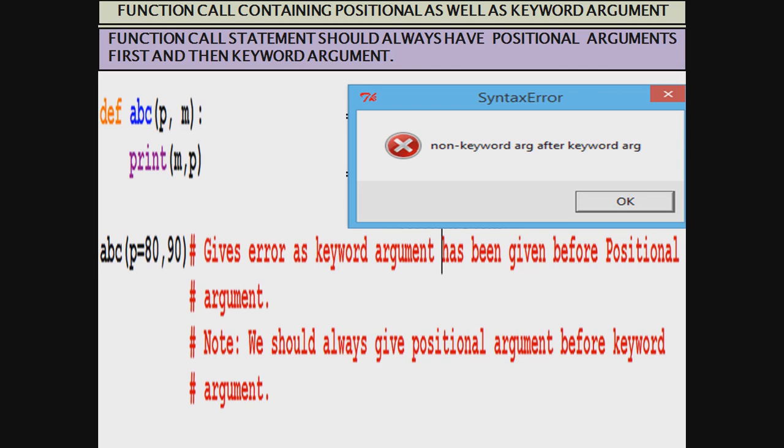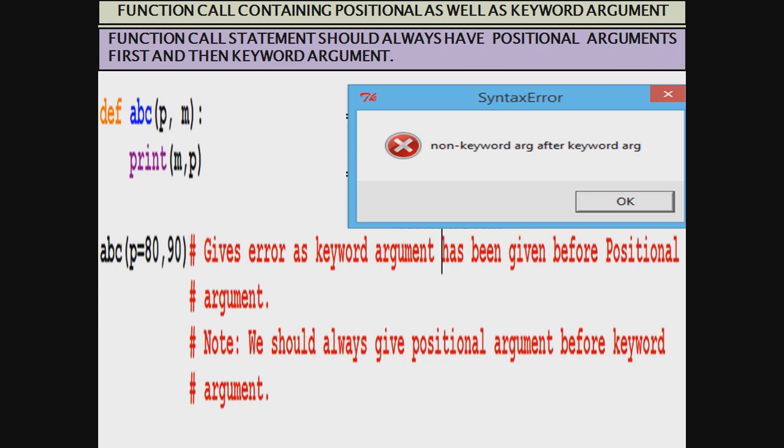Students, we can use both of these ways in the same function call, but we should understand one important thing here: Python does not allow a keyword argument to be given first and then a positional argument. Here you see P is equal to 80 is a keyword argument and 90 is a positional argument.